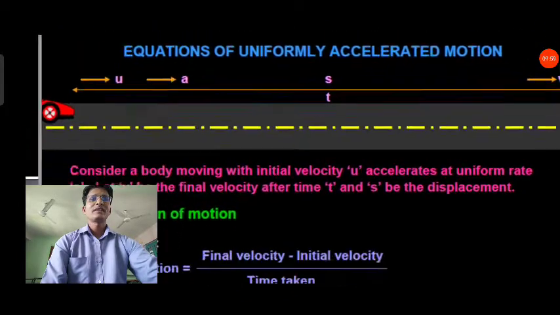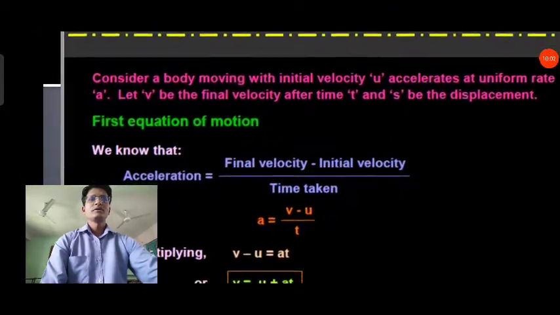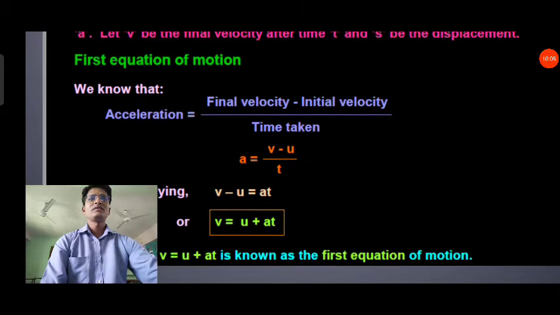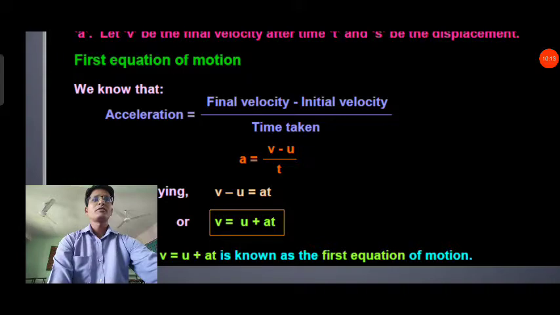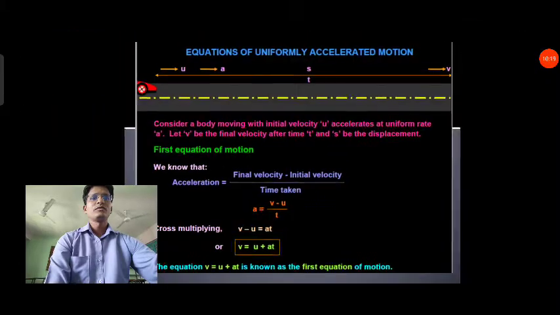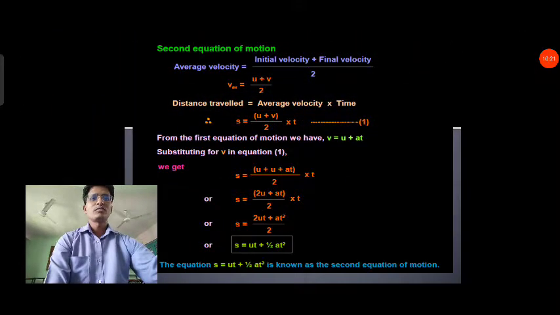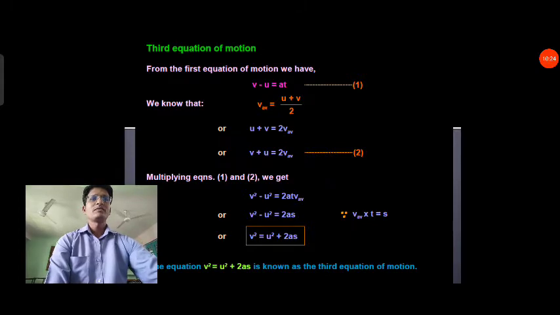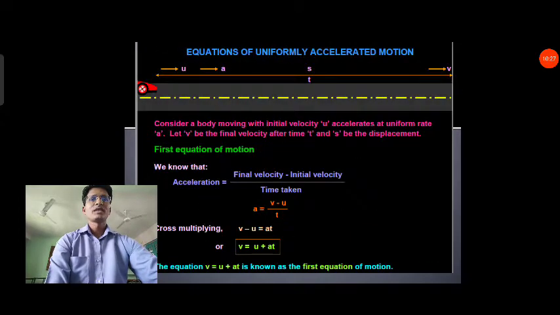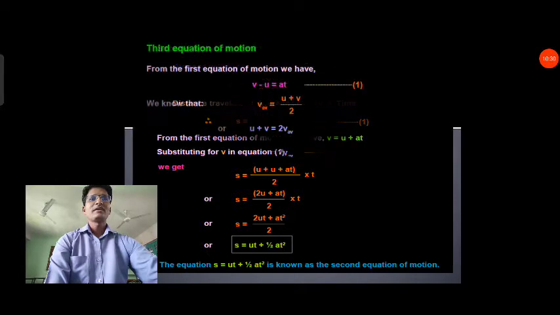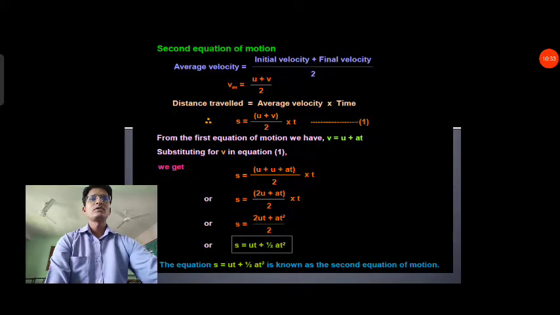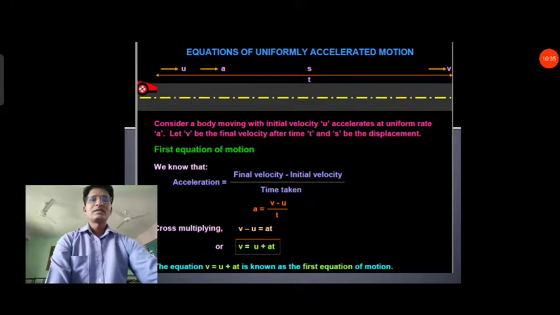You will start like this, the first equation of motion. You will write all three equations and how to derive them. All these things we have to write, and that will be asked in the exam also. This only we have to write, no other thing you will write. See here, first equation of motion, then the second equation of motion and the third equation of motion. Only 3 slides you have to write: first slide, second slide, and this is the third slide.